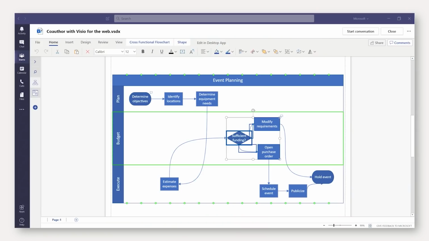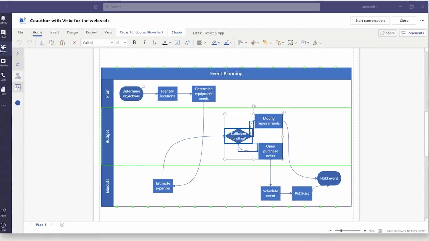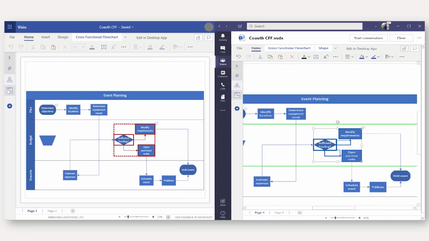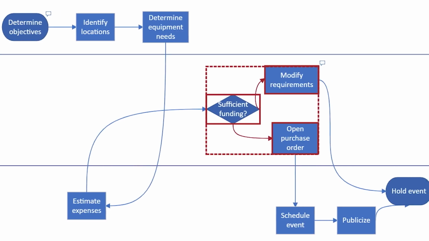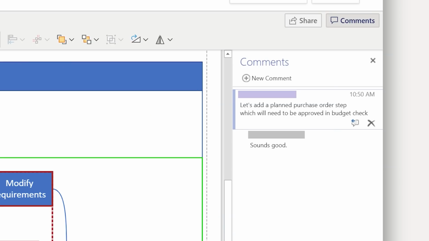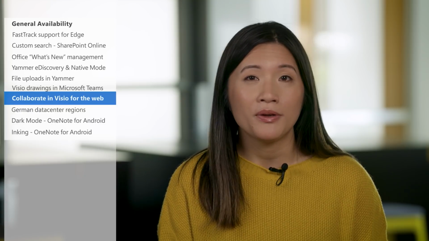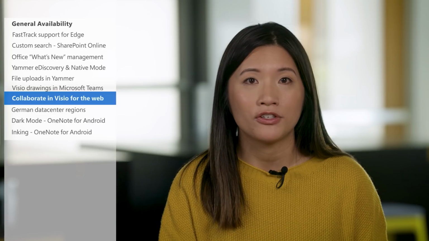And similarly, we're all familiar with the collaboration experience across web apps like Word for the web or Excel for the web. But now real-time co-authoring is available for Visio for the web. So again, if your organization has a Visio Online Plan 1 or Plan 2 subscription, you'll be able to see all your coworkers' edits as they happen. And you'll also be able to see the most up-to-date changes in the file, replies and comments in real time, and see when other people are actually in the file and working on it. Also, if you don't have a Visio subscription, you can still enjoy collaboration features like viewing or replying to comments or adding a shape or page level comment.